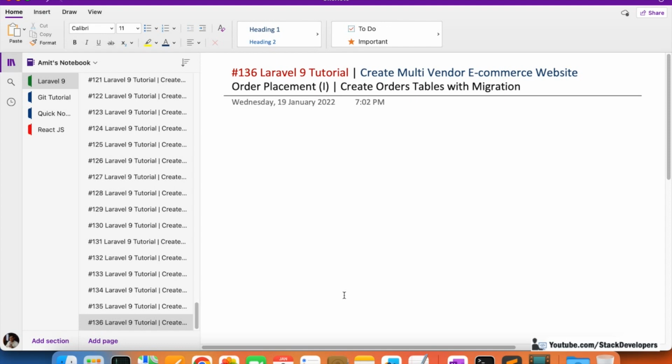There are two tables that we are going to create. The first one that we are going to create is the orders table. Its name is the orders table, and of course it's in the singular, orders table. And the second one that we are going to create is the